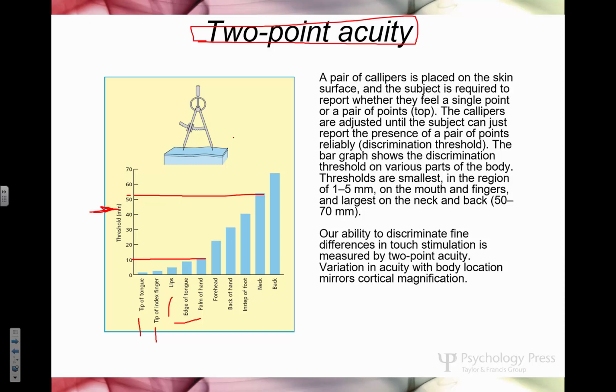This is important. Your receptive fields don't need to be large on the back of your neck. You're not really doing anything that requires a lot of sensory input from there. When you're thinking about your hands and the way you use your hands and your fingertips to interact with the world, right? Having a lot of receptive fields that are super small makes a lot of sense, right? So if you could think about